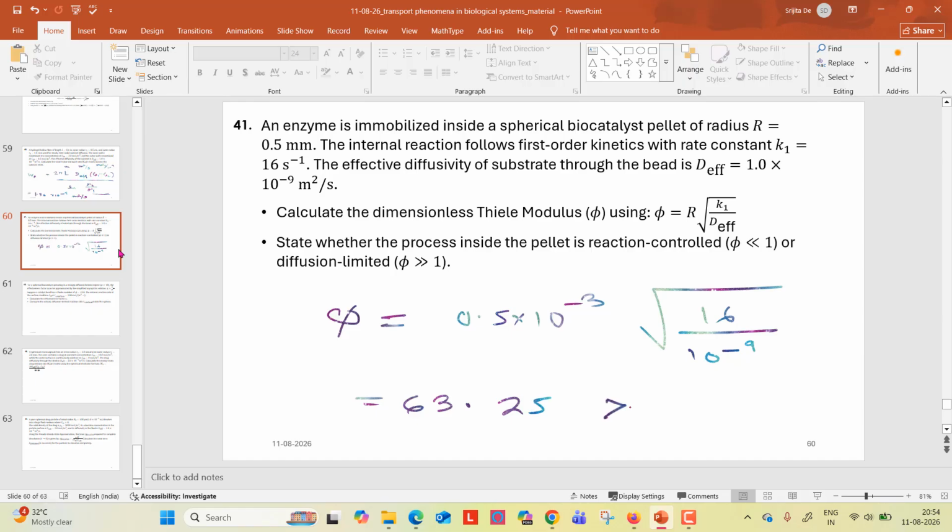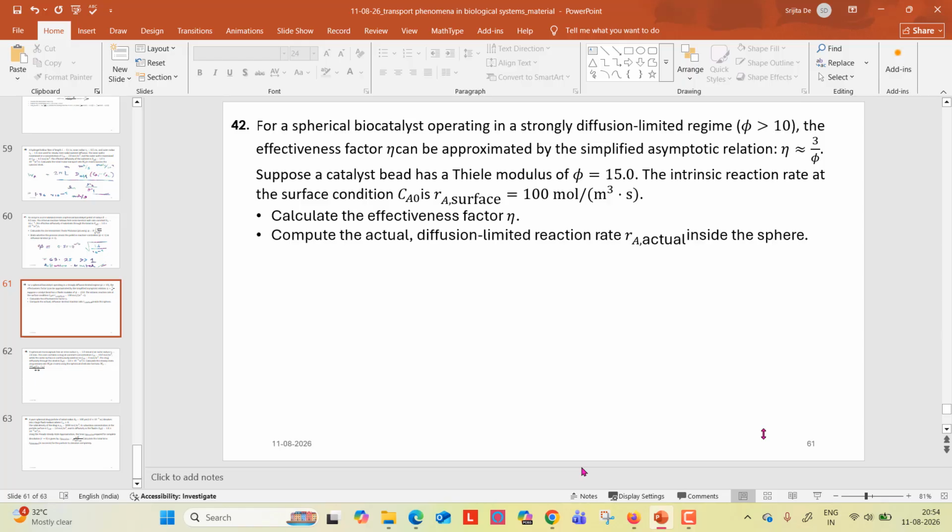State whether the process inside the pellet is reaction controlled or diffusion limited. So the reaction rate is too high, so it is strongly diffusion limited. So it is diffusion limited. Okay, next. For a spherical biocatalyst operating in a strongly diffusion limited regime,